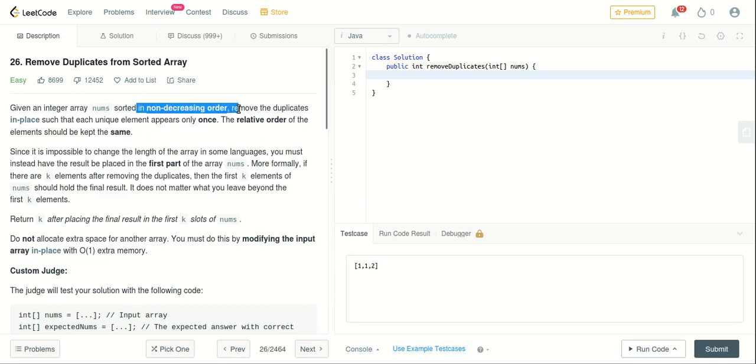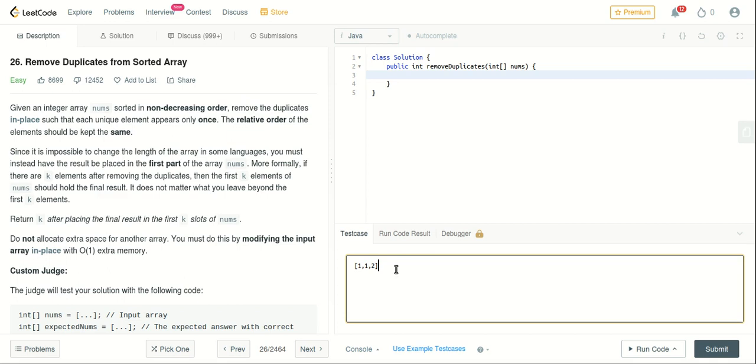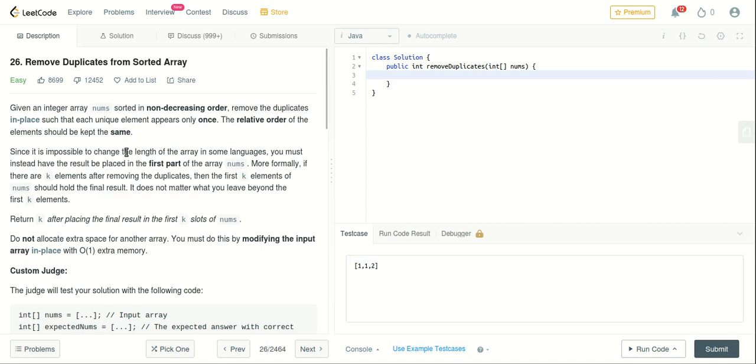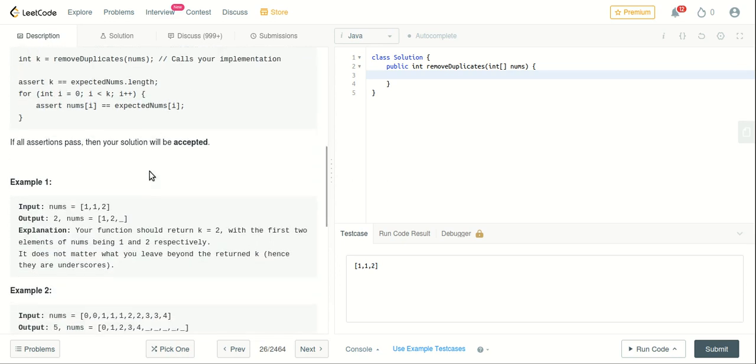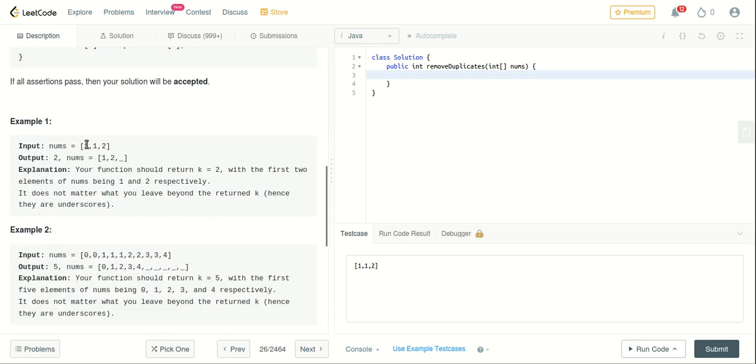So this is an increasing array but not exactly decreasing, because there can be equal elements as well, like this, right? It can be 1 1 2 or 1 1 2 2 3 3, something kind of that. So what we are trying to do here is we want to remove the duplicates, and we want to return,